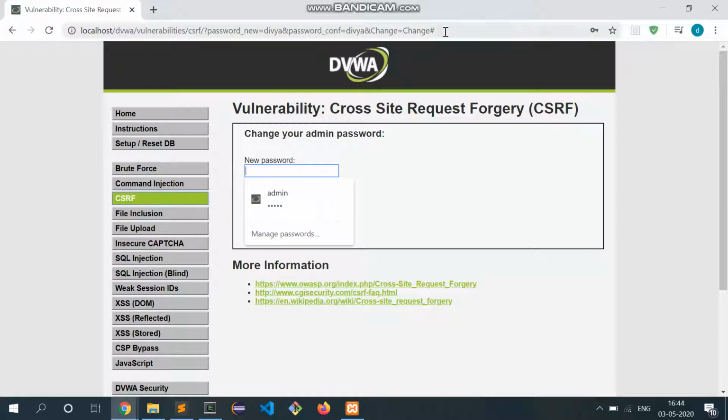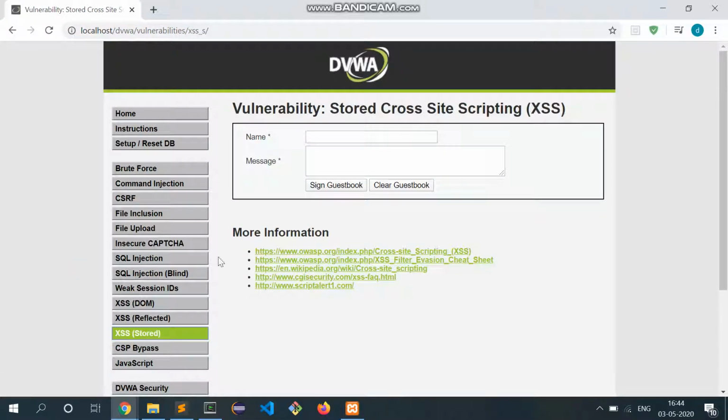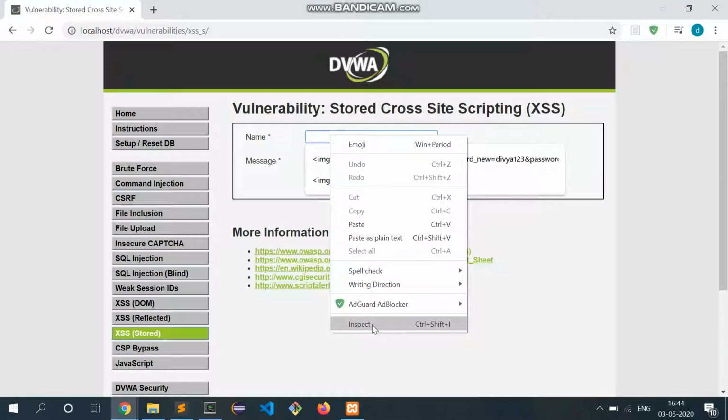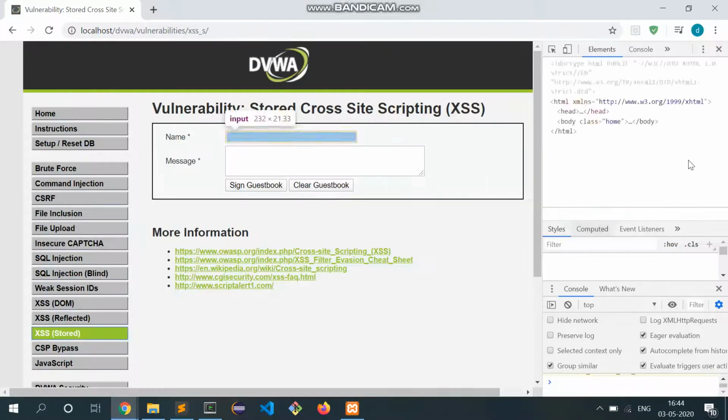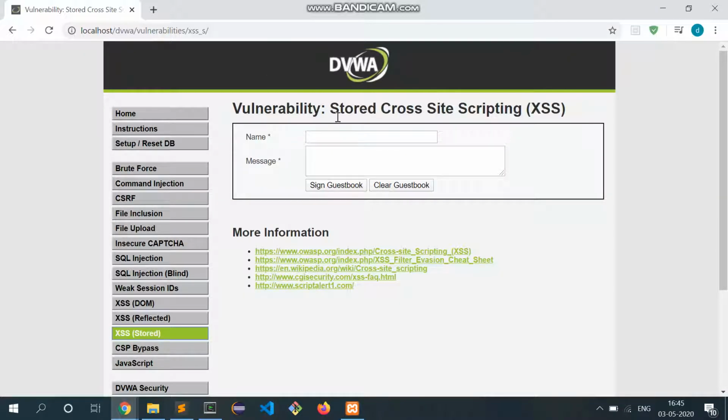Okay, so now copy this and go to the stored page. First of all, we have to increase its limit. So here the max length is 10. We will increase it to 100.